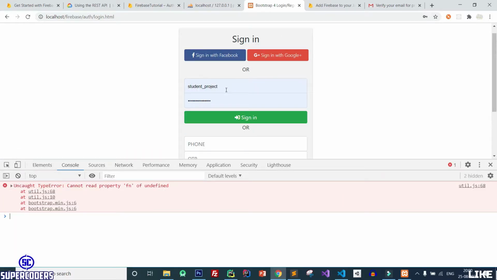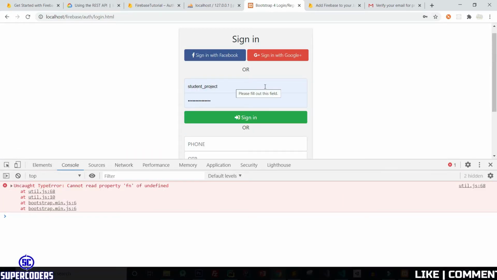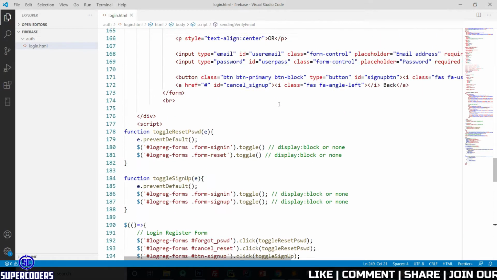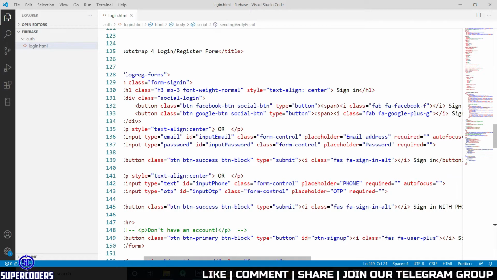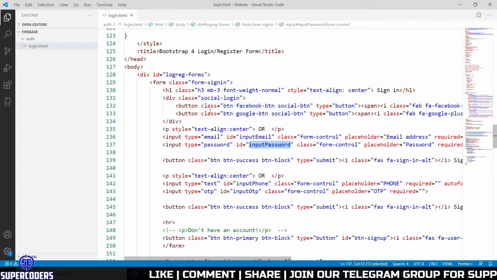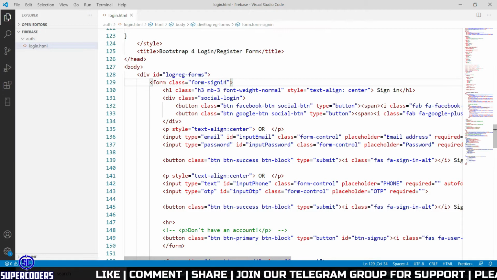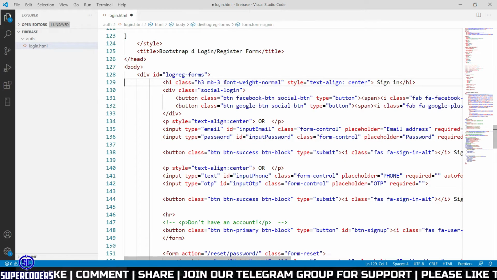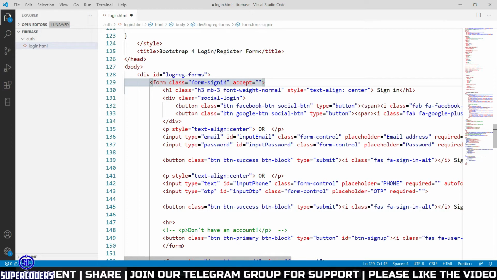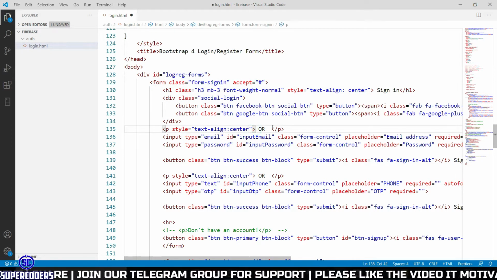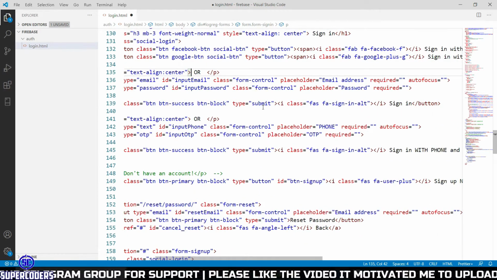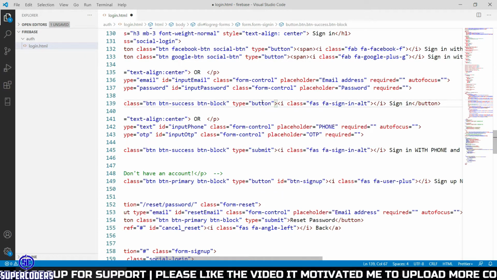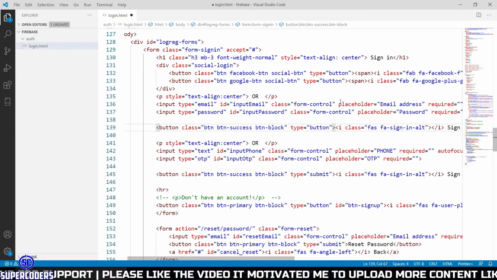So again, refresh the page and come to this part of the code, which is login with email and password. Back in VS Code, if you see, it's showing input email and input password. So let's see how you can do this. Action equal to patch, and change this button to button. Now let's complete this login part.